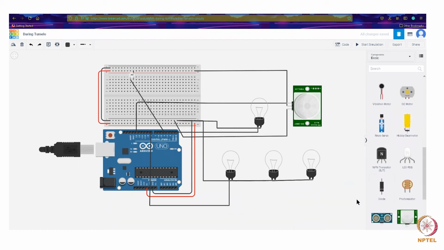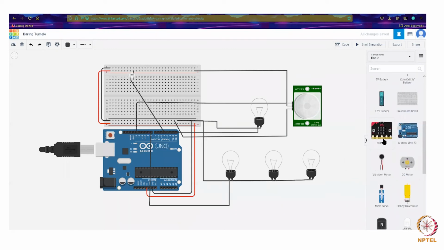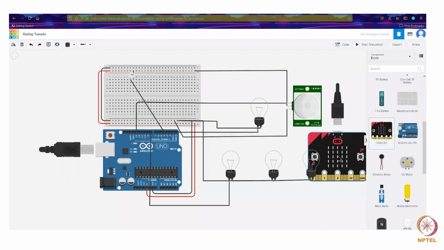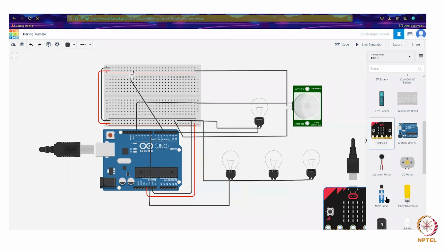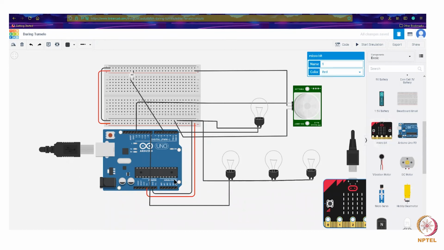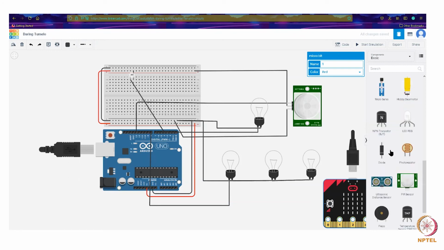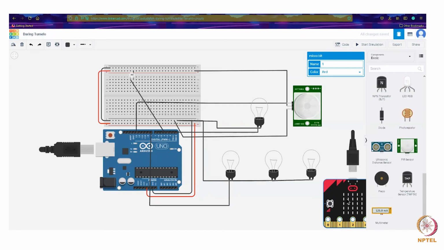What does the micro:bit do? The micro:bit is actually another kind of controller. This is something like a development board, and this is something like an IC. They both function the same way, even program the same way, but this is more minuscule than the Arduino. The Arduino is a generic module. This is the system-specific module. If you see the examples as well, you have very specific examples for this micro:bit.